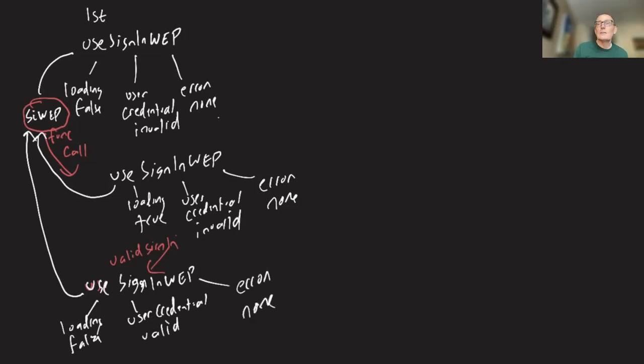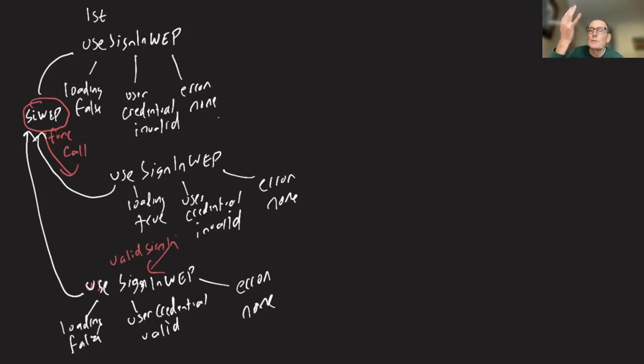The user credential has within it the .user object that we saw before that has an email and a display name and a UID and so on. But the key thing to note here is that although this hook is reevaluating and we're getting this user credential valid,